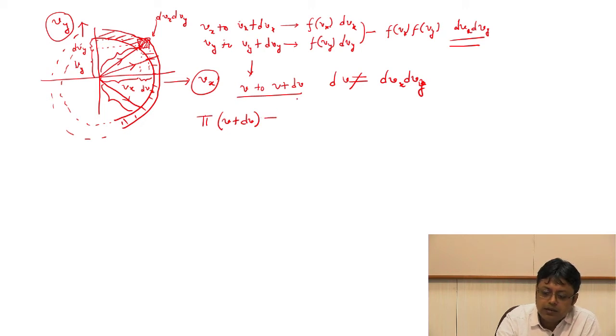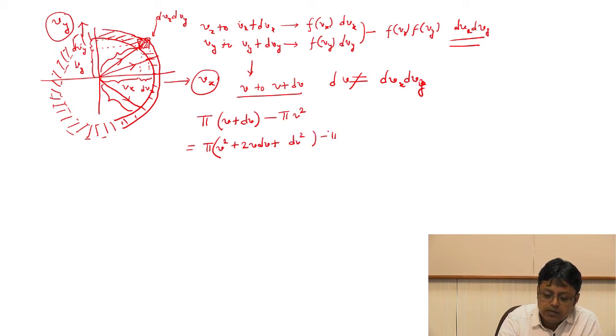what I am asking is what is the area of the inner circle. Then I'll get the area of the annular region. That area will be nothing but pi v square plus 2v dv plus dv square, minus pi v square. So you can see that this pi v square will cancel. Now dv is already a small number, so dv square we can ignore. So ultimately it will be 2 pi v dv. Now you could easily get it in another way.